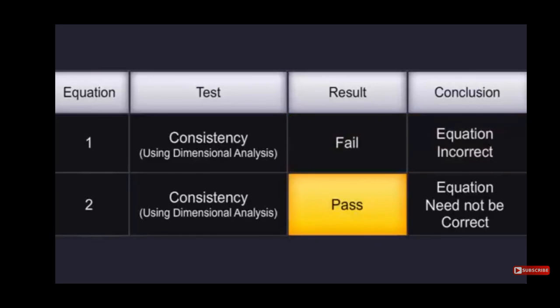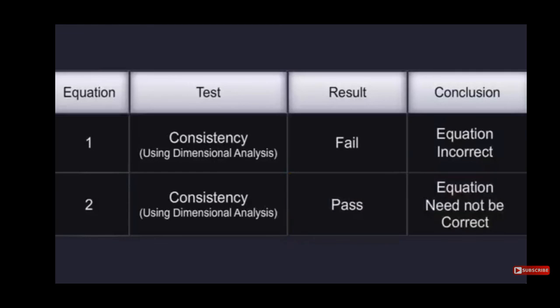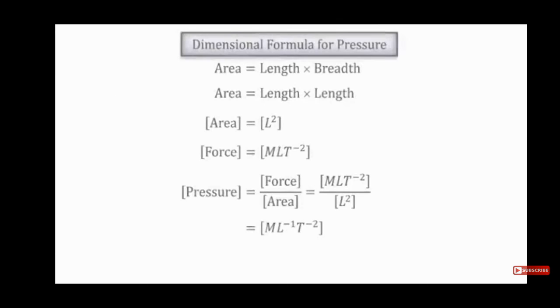If an equation is put to the consistency test using dimensional analysis, and if the equation fails, it means that the equation is proved incorrect. If the equation passes the consistency test, it does not mean that the equation is correct. Thus, an equation proved to be dimensionally correct need not be an exact equation, but an equation that is proved to be wrong dimensionally must be a wrong equation. The dimensional analysis method is very